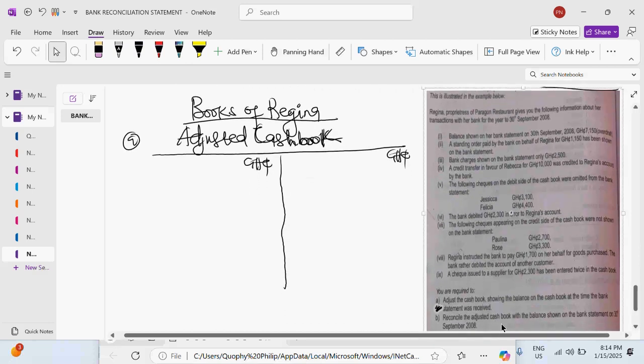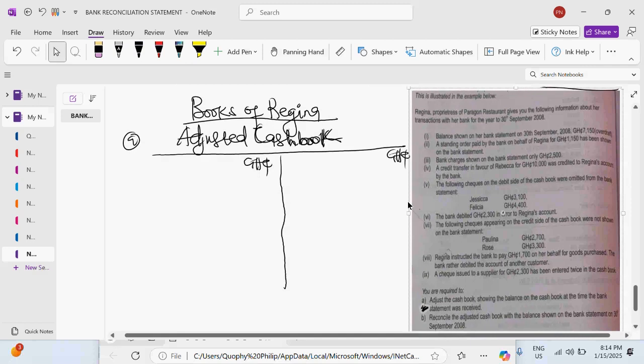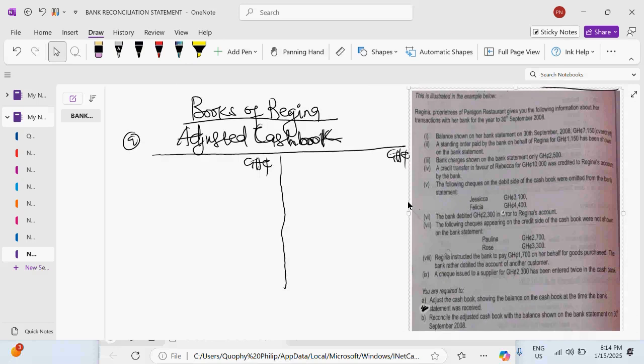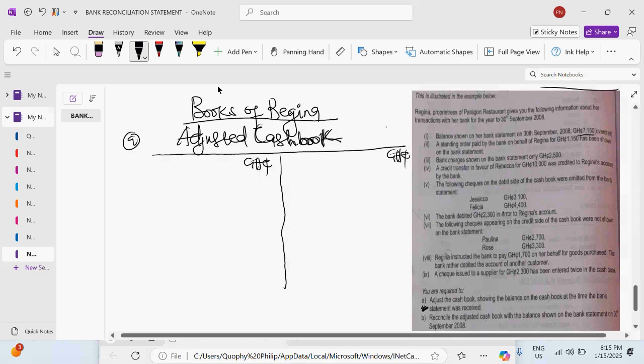Okay. So Regina, proprietress of Paragon Restaurant, gives you the following information about her transactions with her bank for the year to 30th September 2008. Balance shown on her bank statement on 31st December was 7150 overdraft. 7150 was overdraft. You get it? That is an overdraft of